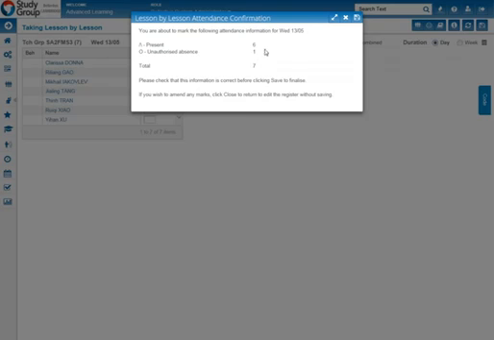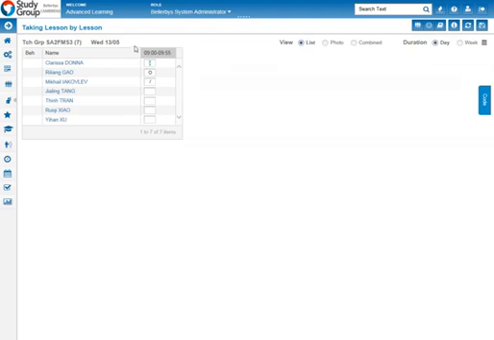Now I expected to see only 2 people present. In fact, it's got 6. The reason for that is if you leave any of these blank and you save it, it will automatically make them present, which is good. I'm just going to close this down to show you. If I had a big group, and this one here is not so big, but if I had a group of 15 people, rather than having to go through each individual one and say present, present, present, and so forth,